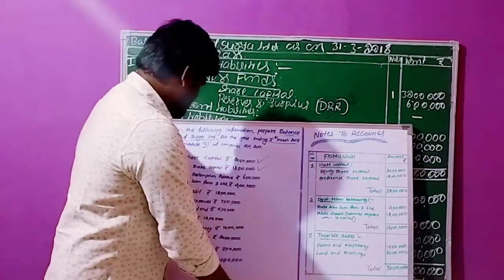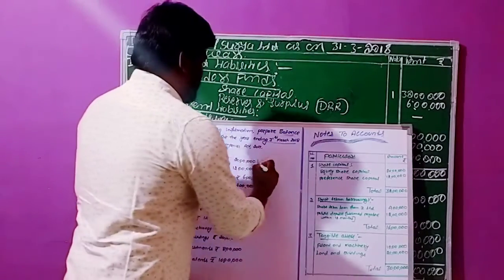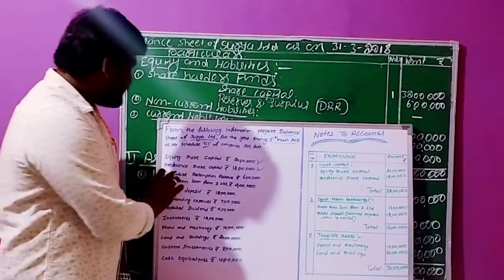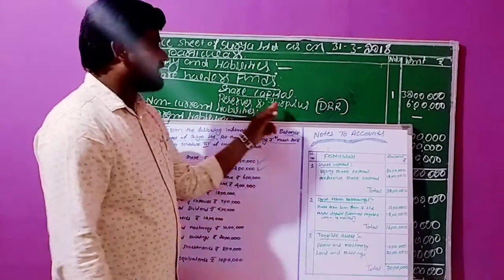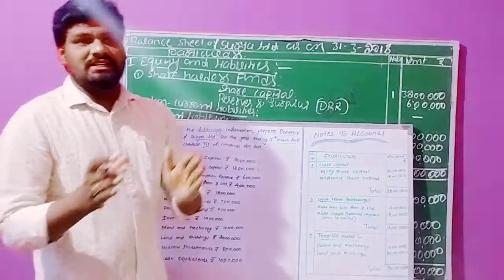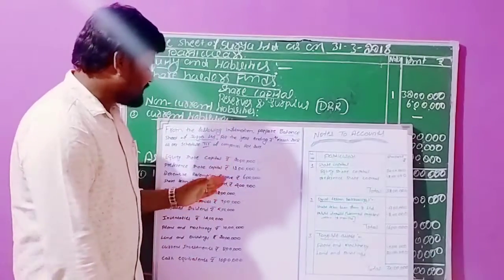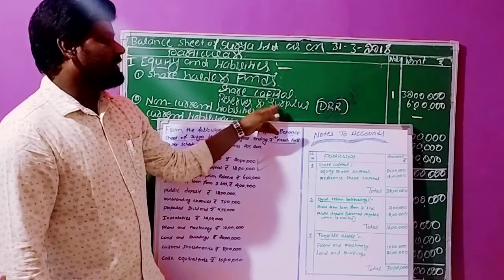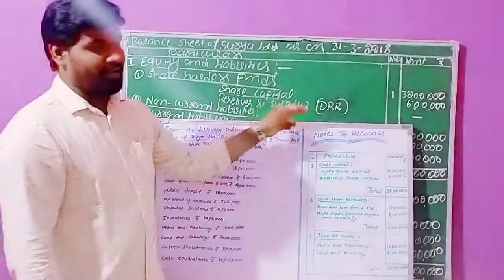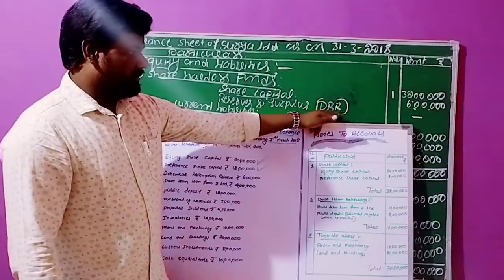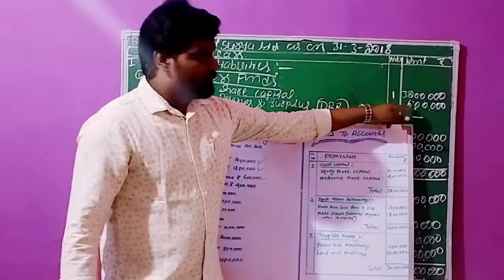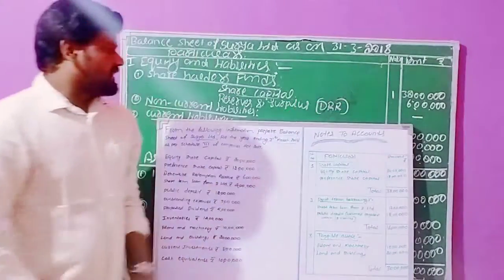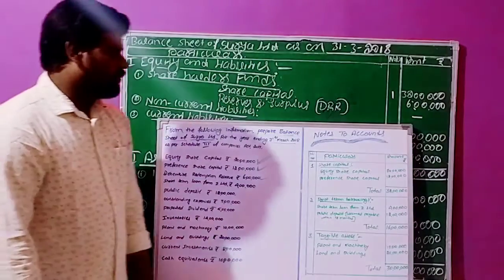The next transaction. As of now, we have completed the first transaction. The next one is debenture redemption reserve. Reserve is reserves and surplus, right? Debenture redemption reserve is also one type of reserves. These reserves we can call reserves and surplus. Under reserves and surplus we can record the debenture redemption reserve. Directly we can record this transaction. The amount is 6 lakhs rupees. So these are the two transactions available for shareholder funds.